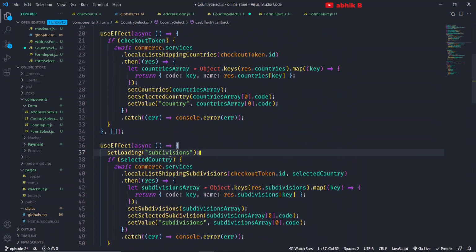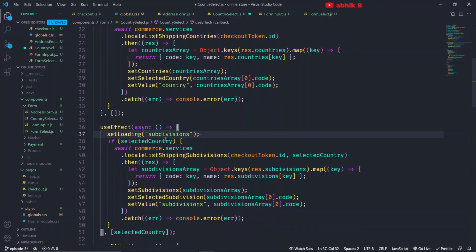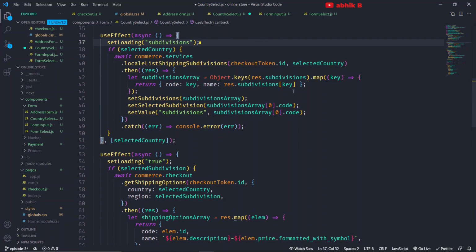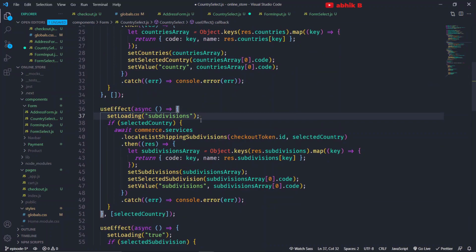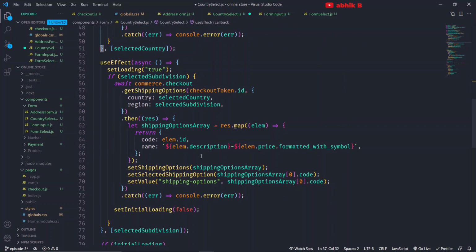Now as I set here subdivisions, setLoading subdivisions, if we check that loading is equal to subdivisions, then we will not show the form select, we will show something like loading subdivisions or fetching subdivisions, right? For that I have given this the name of setLoading subdivisions. And inside this useEffect we will not do anything, and inside this useEffect what I will do is I will set loading to true. What that means is we are setting the loading as subdivisions. After the subdivisions are fetched, since the selected subdivision is also getting changed, we will now call this